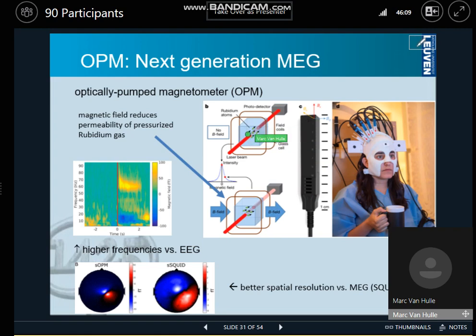And what's the working principle? Look at the figure there, panel B. There is a